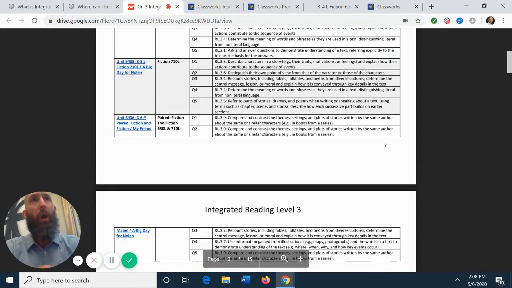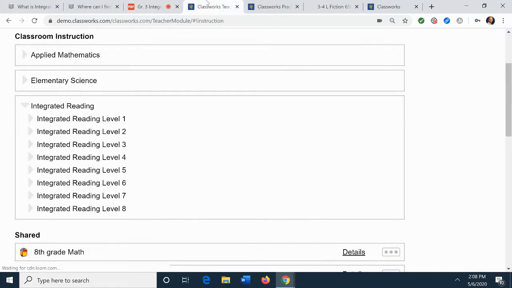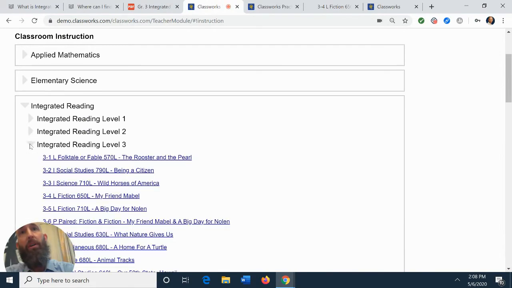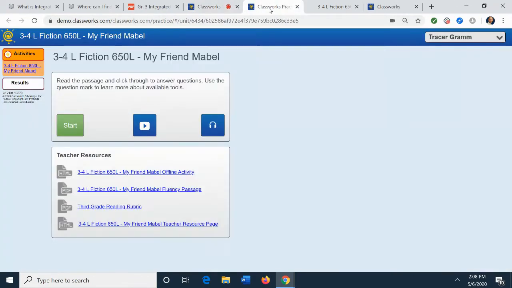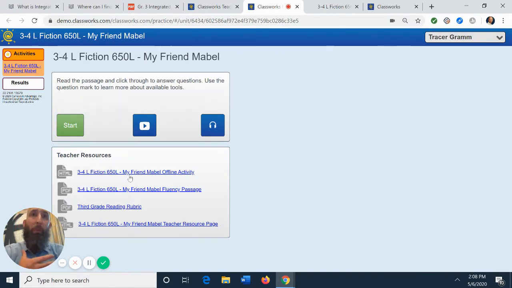Now, what I want to show you here is, as a teacher, I select a grade level. Third grade, I have 36 passages. I decide to pick a passage. I have a hyperlink. And then what I get is My Friend Mabel. Now, notice here that I also have the opportunity to use the printable PDF. That printable PDF can be utilized as a handout for all of my students if I decide to drive the instruction in front of the class on my interactive board, or if I do a webinar, Zoom, Google Meet, just